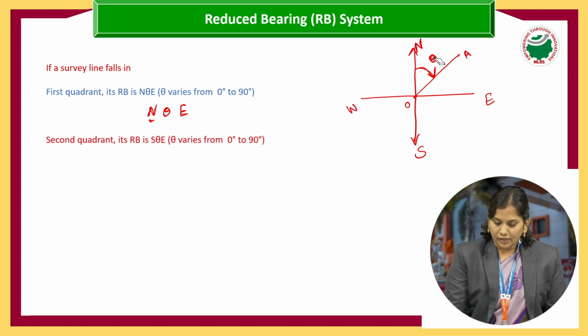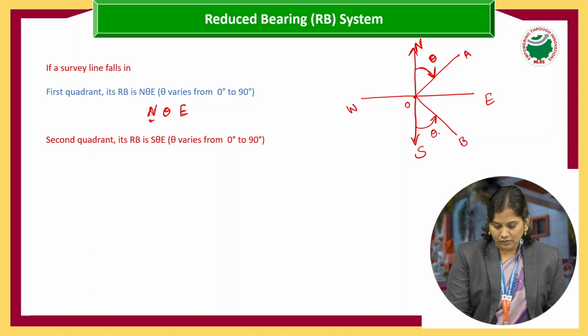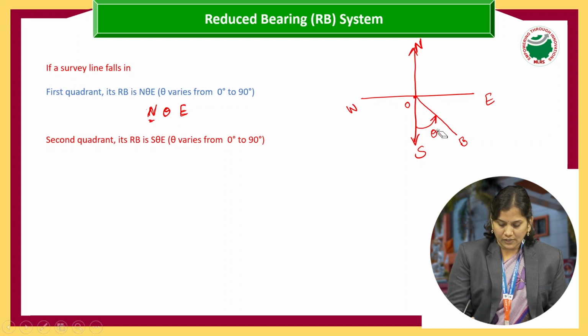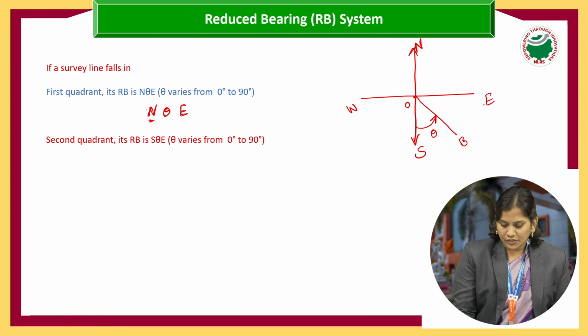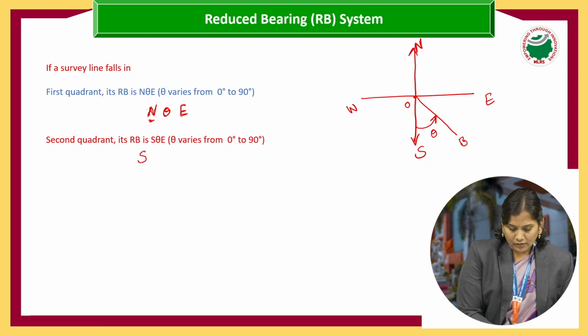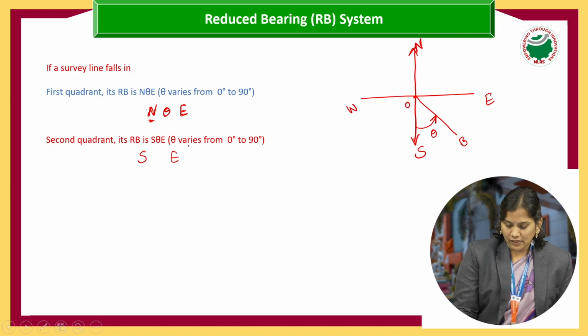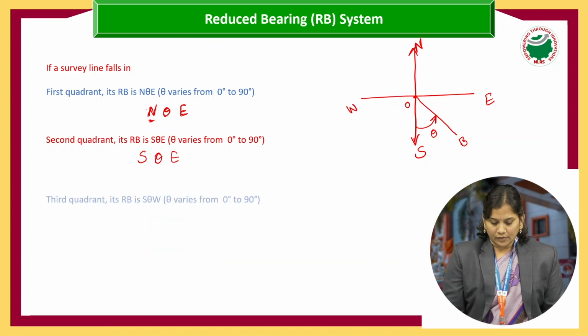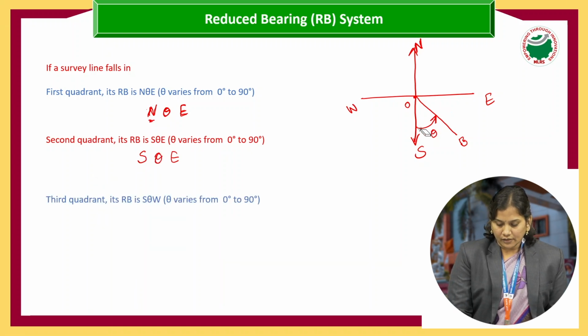In the next case, if our survey line is in the second quadrant, it is near to south, so I will measure from south towards our survey line, that is towards east, in the anti-clockwise direction. I will call this angle theta. And what are the directions? First we take south as the reference and we measure towards east, so I will write south theta east. And if our survey line is in the third quadrant,